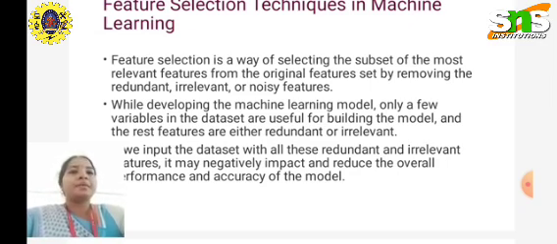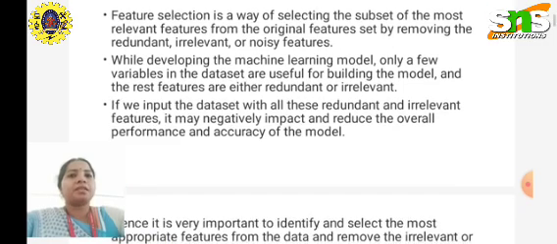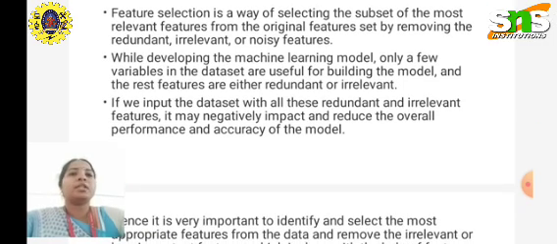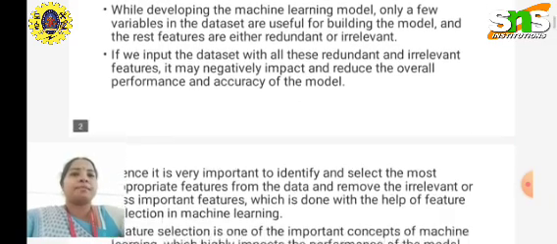While developing the machine learning model, only a few variables in the data set are useful for building the model. The rest of the features are either redundant or irrelevant. If we input the data set with all these redundant and irrelevant features, it may negatively impact and reduce the overall performance and accuracy of the model.